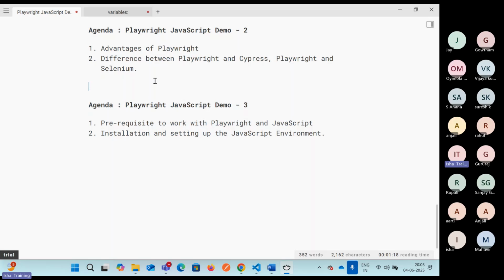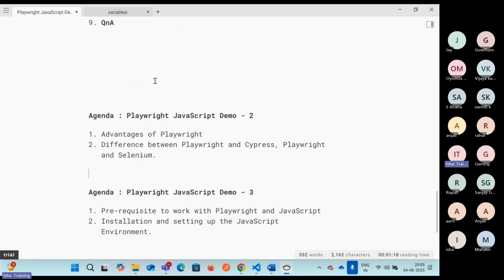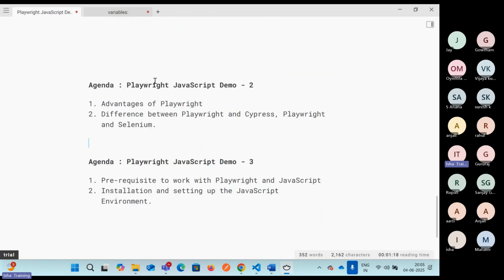Our agenda for today will be... I just wanted to show you some random things. So we have gone through. The agenda for our today's session will be